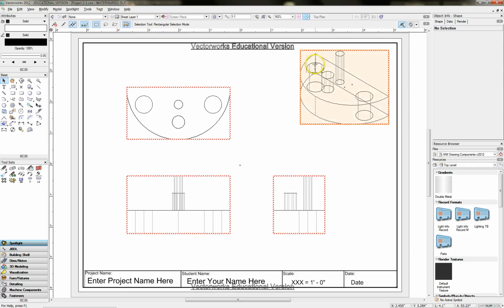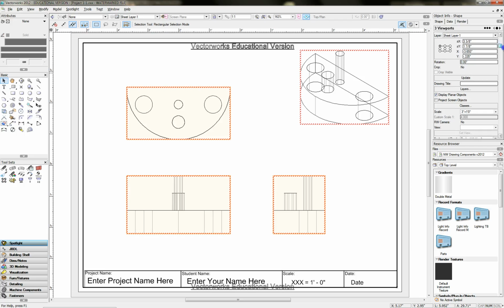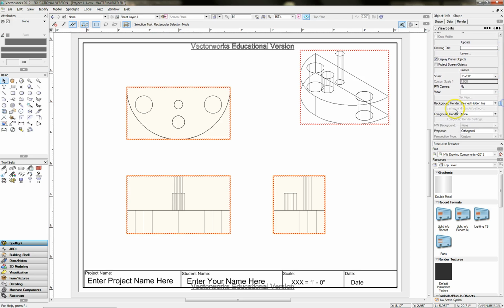So a couple things we can do in Vectorworks with viewports is, we cannot edit the drawing in viewports, but what we can do is render each viewport differently. And what I'm going to do usually is, you all know, in an orthographic projection drawing, they are drawn with dashed hidden lines. So I'm going to come down here. I have my 3 viewports selected, and I'm going to come down here to background render, select dashed hidden line,